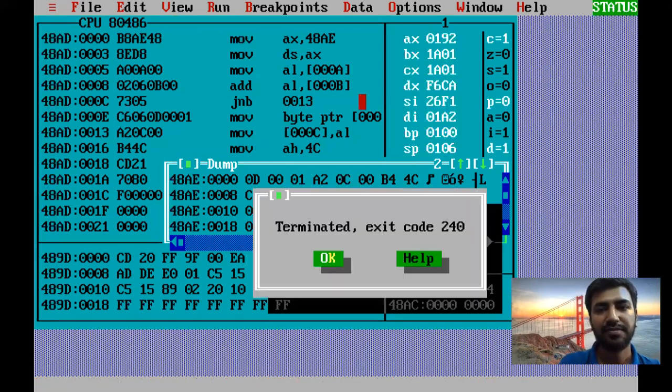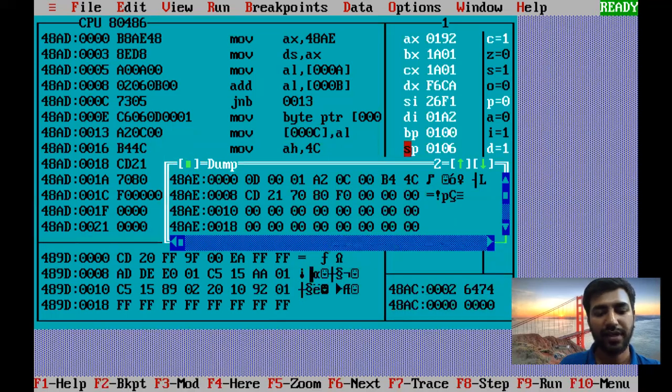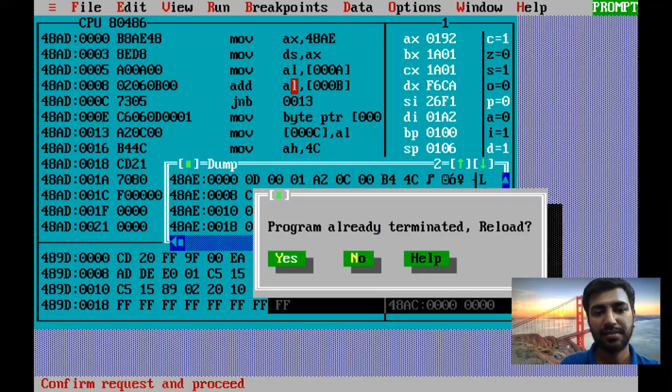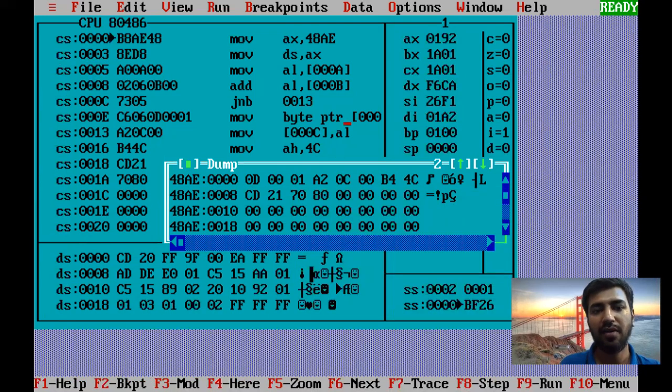So we can run it again, and the dump file is open, and whatever happens you can see in the dump.